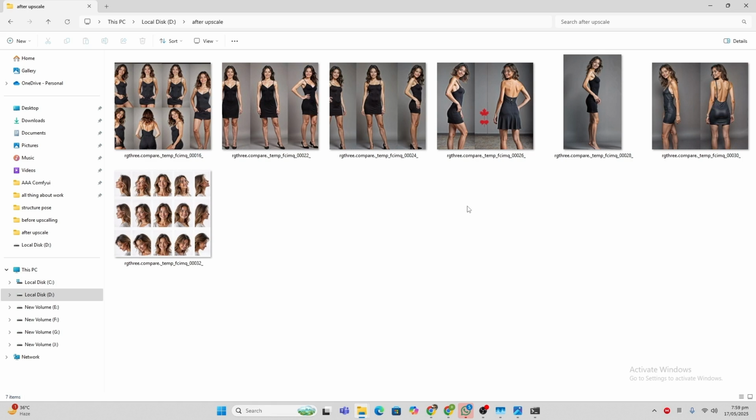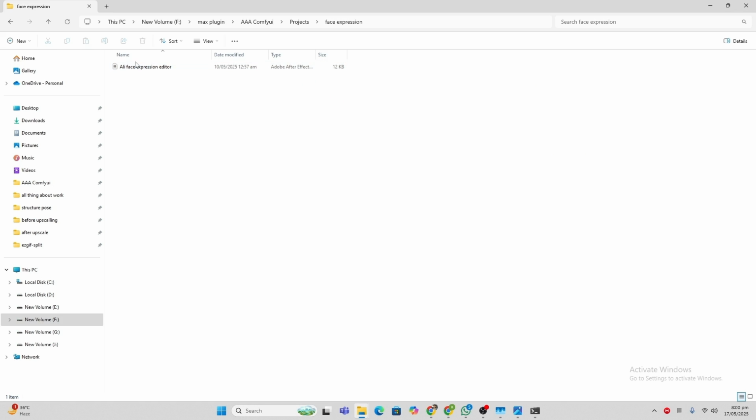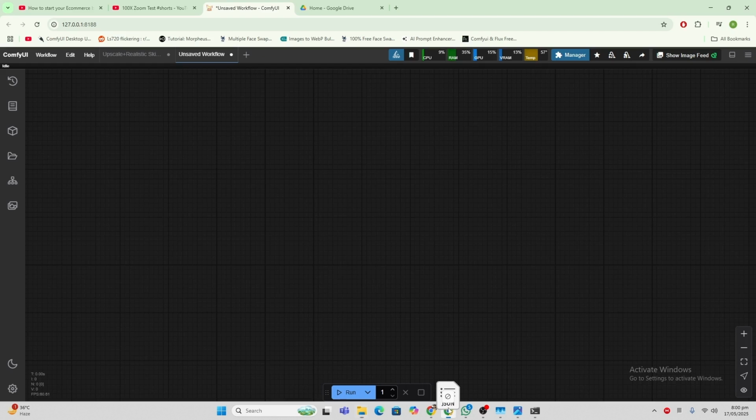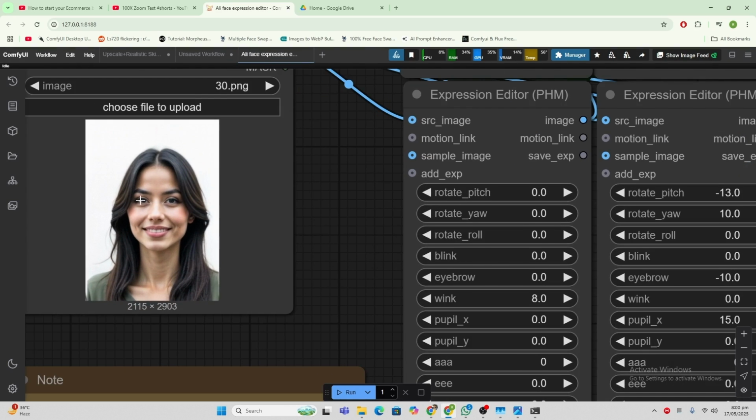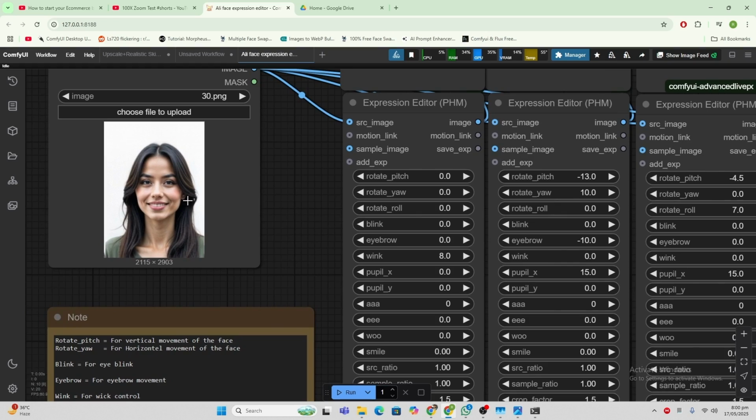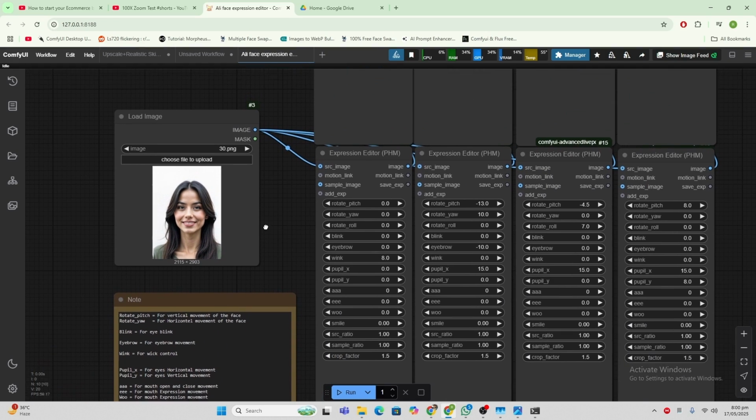As I already told you in the intro, we are going for perfection. So, the last final thing left is how to make different expressions. Okay, so here's the final workflow for you guys. We already have the example, so I'm not going to import any of those. For example, it's super simple.